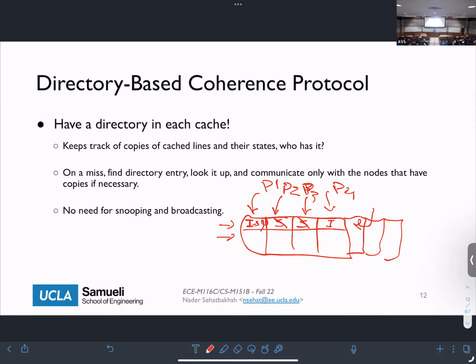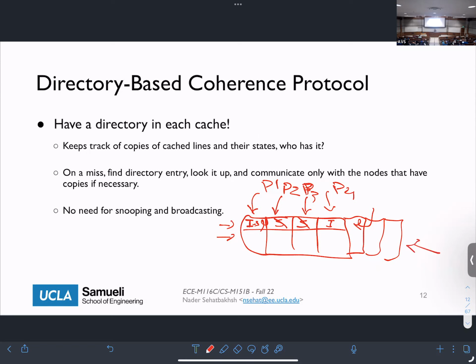So you still have all these M, S, I, or E states and so on. We may not need some of them anymore, because, for example, you don't need a forwarder in some cases since everything is in the directory. But generally, the assumptions are similar. The only difference is that you don't need to broadcast, you don't need to look for the broadcast, and you don't need to update based on that broadcast. The difference, though, is that you need this directory somewhere.